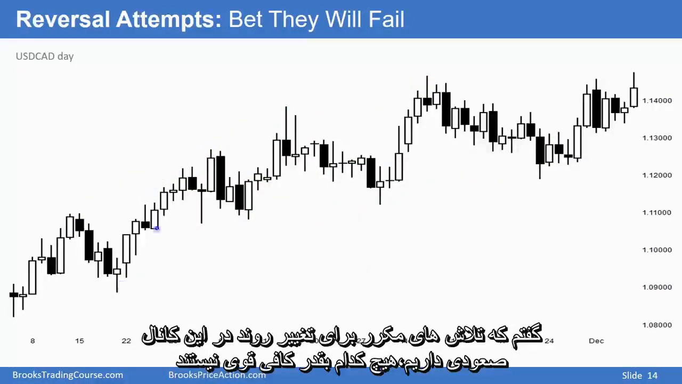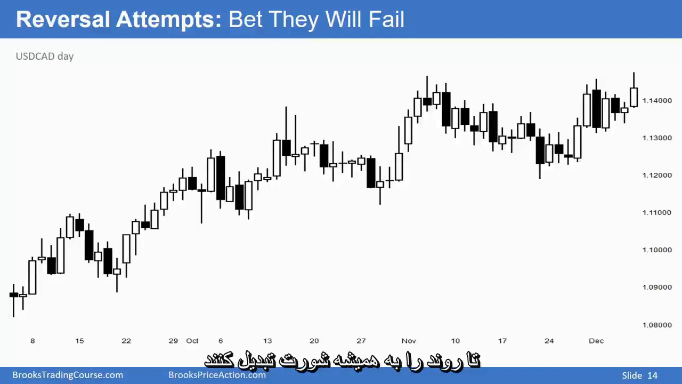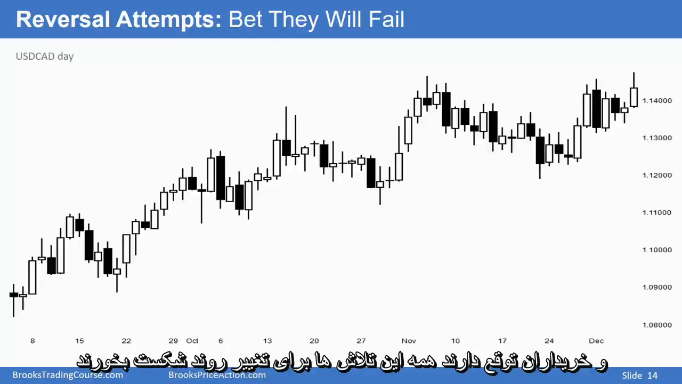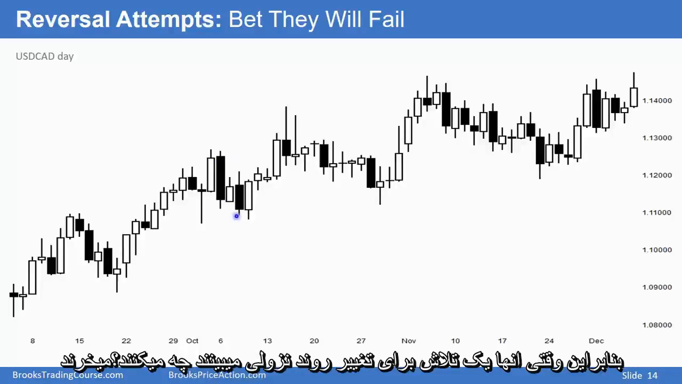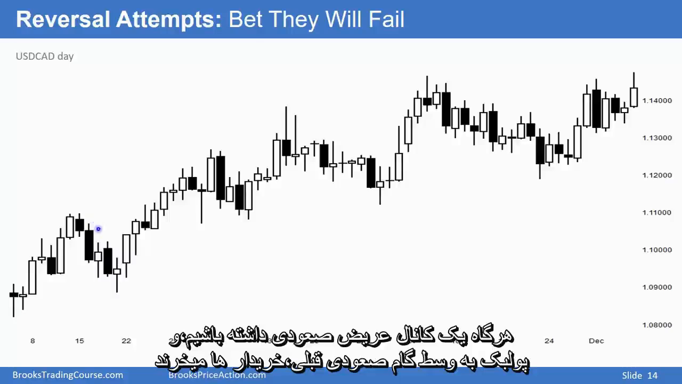I said that we had reversal attempts repeatedly in this broad bull channel. None of them was strong enough to convert the trend to always in short. And the bulls expect all of these reversal attempts to fail. So when they see a bear reversal attempt, what are they doing? They're buying. Anytime there's a broad bull channel and it pulls back somewhere into the middle of the last leg